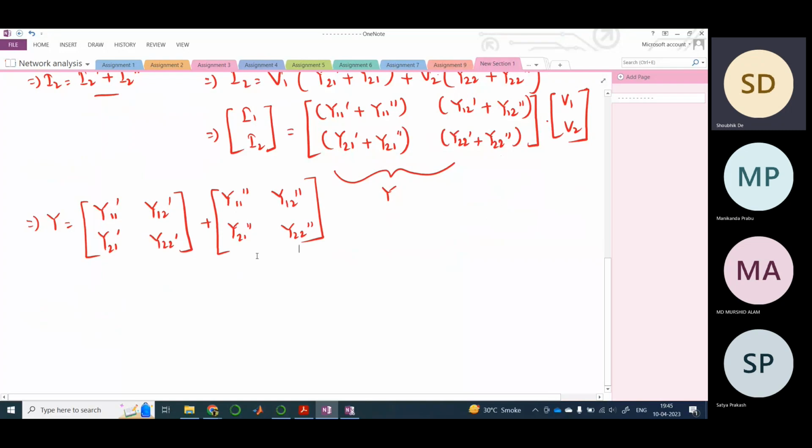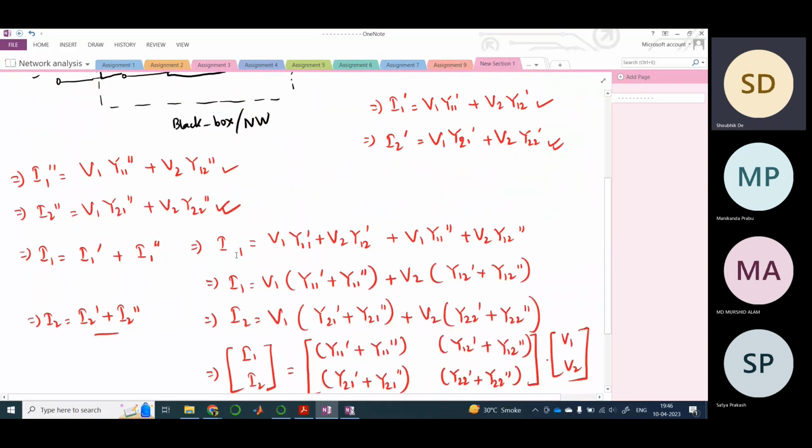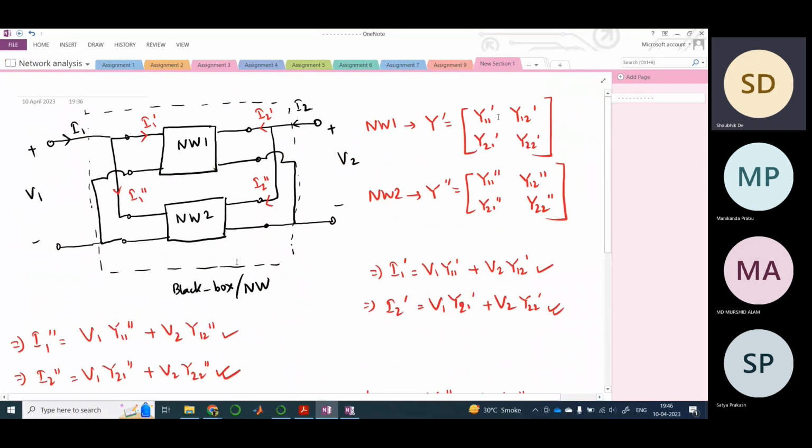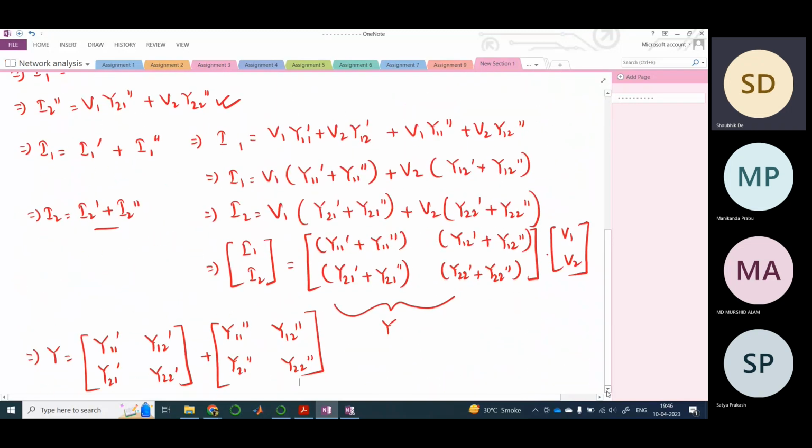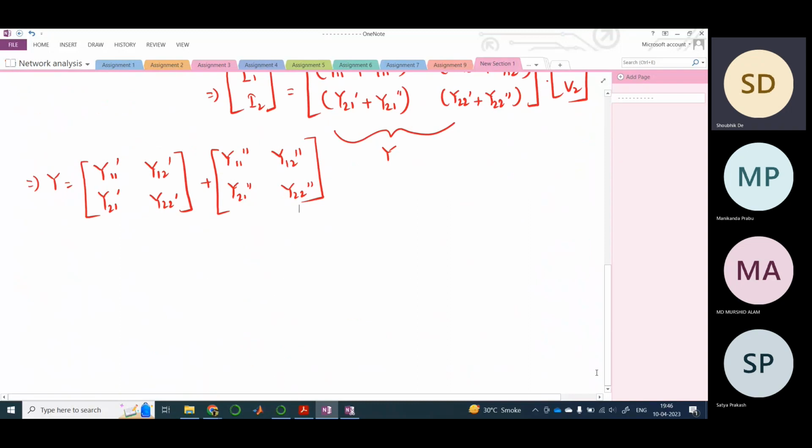This is the Y parameter equation when you have two ports connected in parallel. If you have this kind of equation, you can also use Z parameters, right? But in this case it would be something like this: z11 dash, z21 dash, z12 dash, z22 dash, but this would be the inverse of this. And along with this,